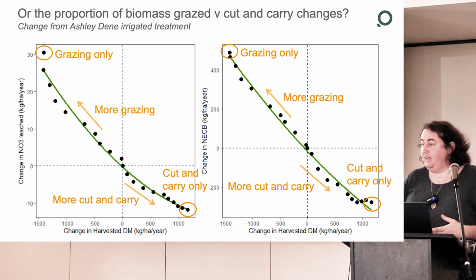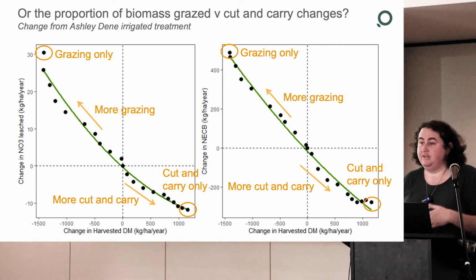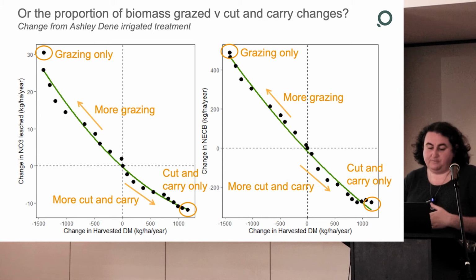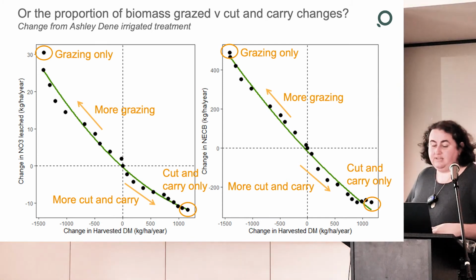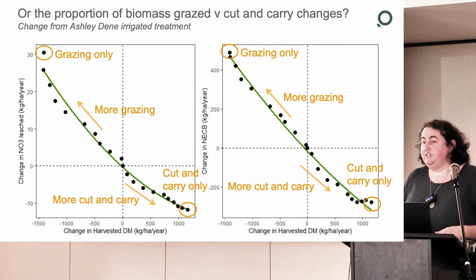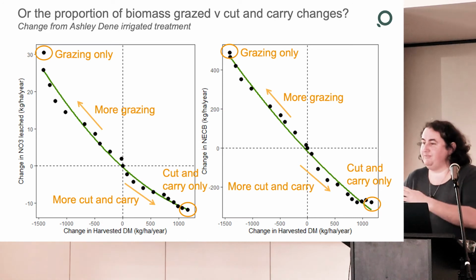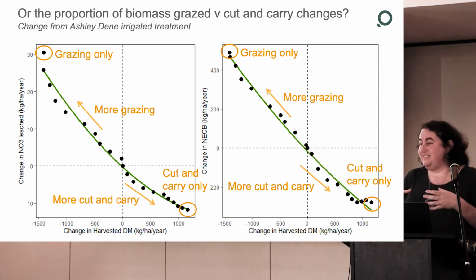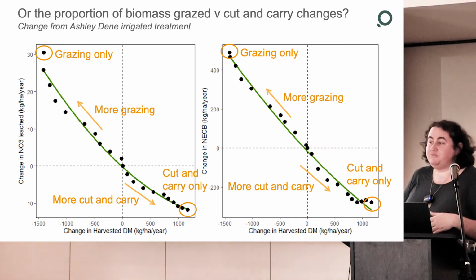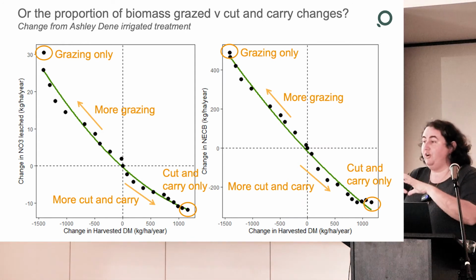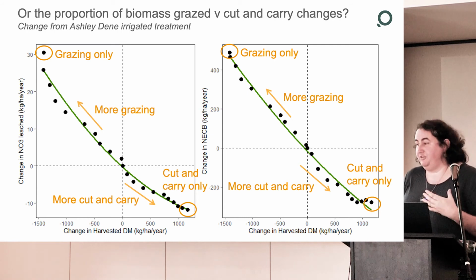But there's also a production penalty, and as you imagine with grazing, you get some trampling as well, so you're starting off from a different point slightly. If you go to cut and carry, there's a production benefit, but also a reduction in leaching because there isn't animals and dung and urine going on. And I do recognise that once you export that organic material, something has to happen with the dung and urine if it's fed off on a feed pad or something, but that's not captured here. And if you were looking at the whole farm system situation, you might imagine that you'd have to deal with that.